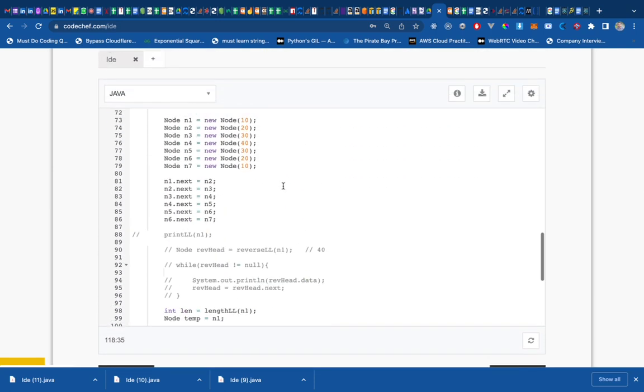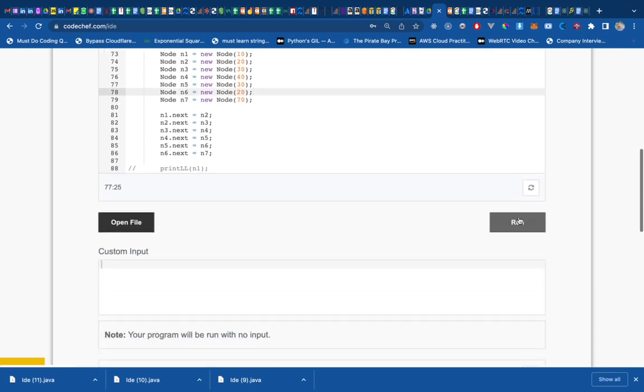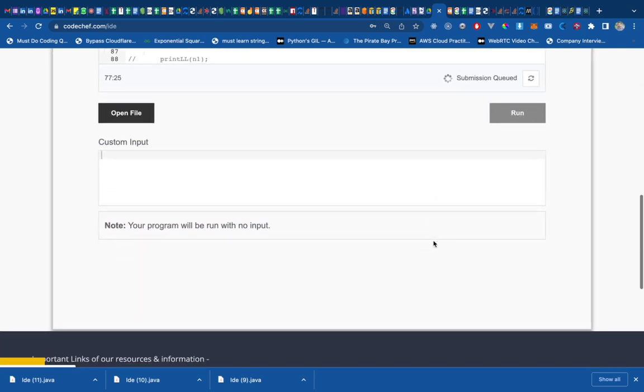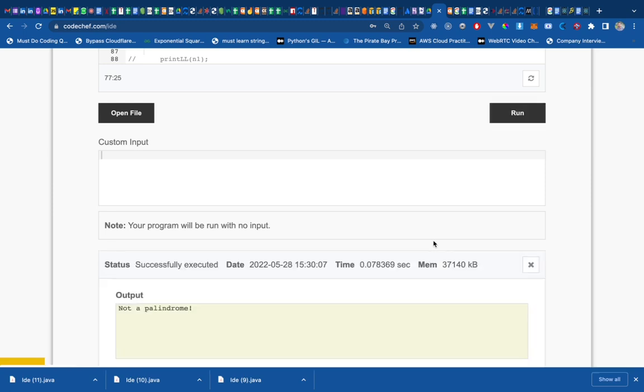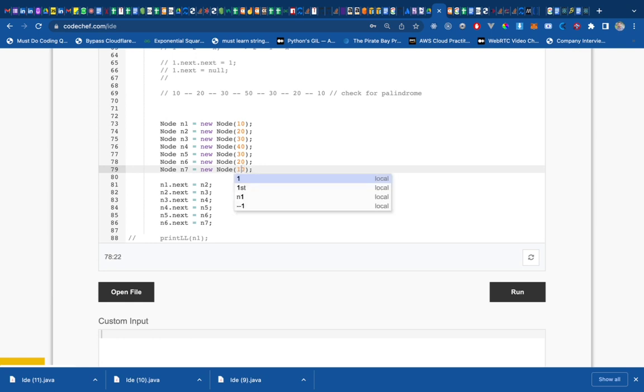Let me do some changes here. Let me do some tweaks. So I will say 70. Okay, 70, and let me run this. Not a palindrome. Okay, let's check for